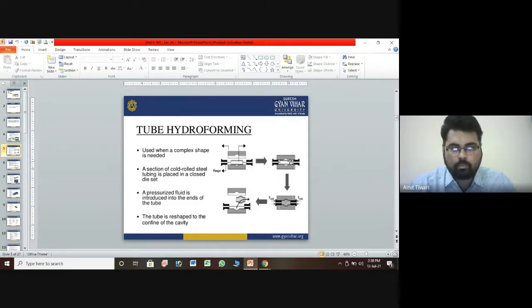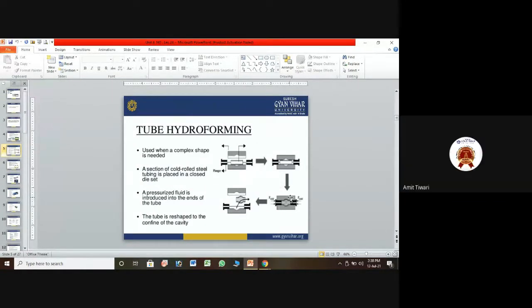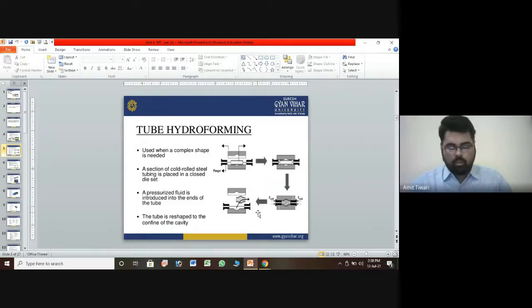This one is formed by pressing the fluid. We apply the fluid completely inside, and it is pressed, and we can wait for a few minutes for the material to be converted as per the desired formation. After that you can remove the material, and the formation will be okay. So this type of shape is formed with the help of the hydroforming machine.